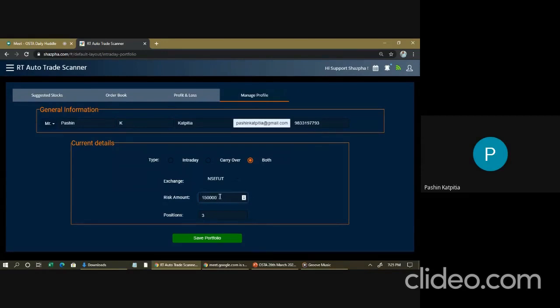This risk amount is the amount of money you can lose in every cycle. Every cycle meaning if you've given 3 positions here or 5 positions here, it is the amount that you can lose if you make that many losing trades. It can happen in 5 minutes also. Very, very important to remember. Once you've done that, let me just check for any questions.